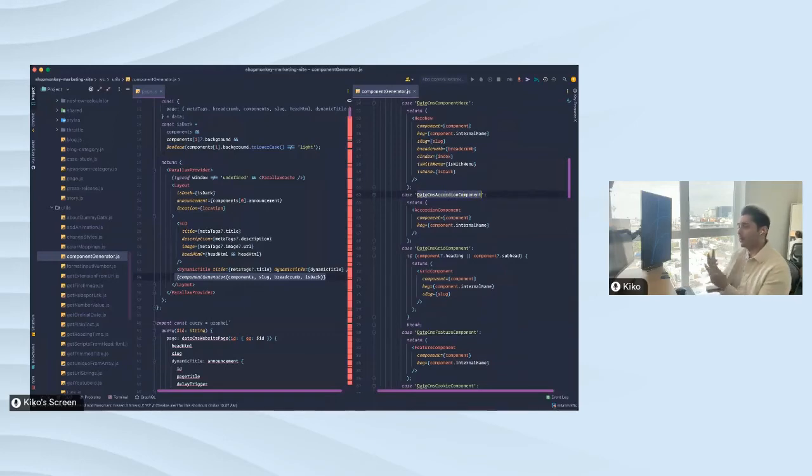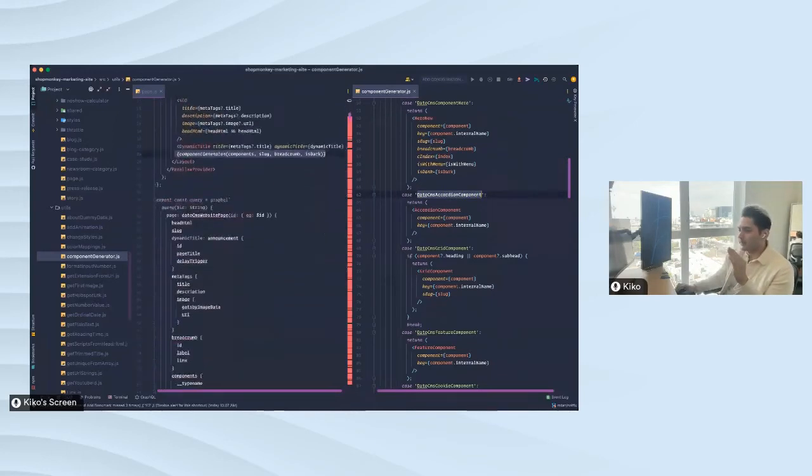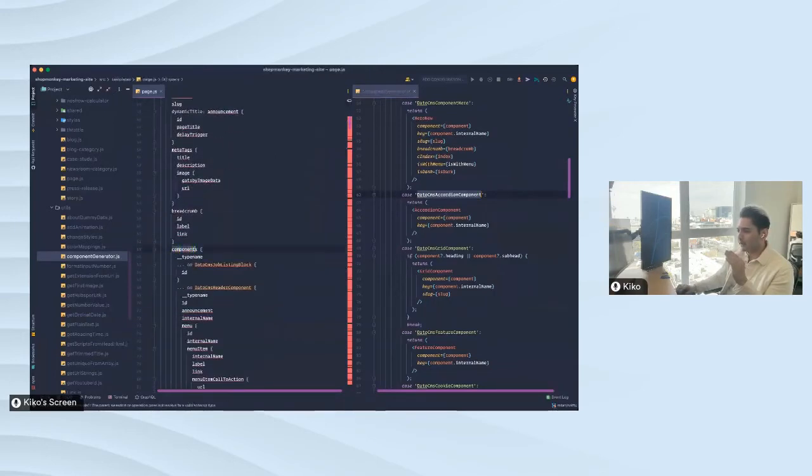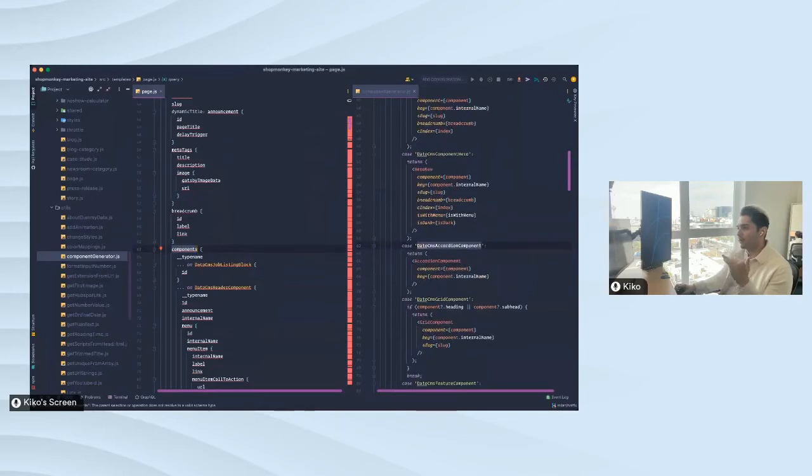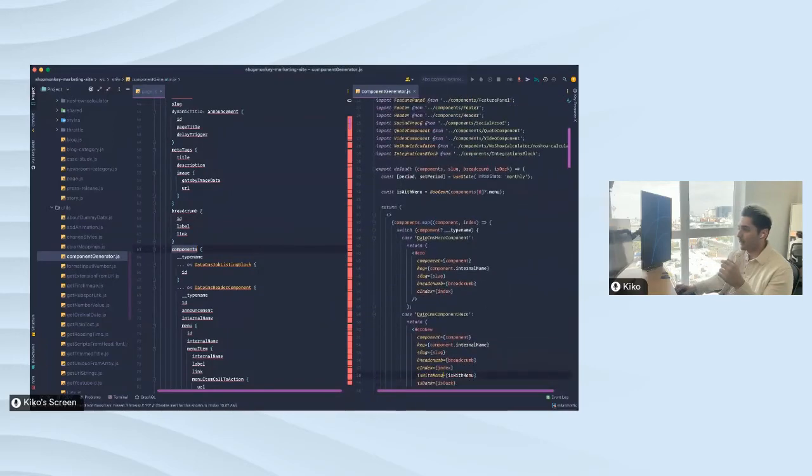For example, if you have an accordion component, every new page has a sequence of nodes that are just fetched by this component field. And as we map over them, they are just on the fly generated by this very